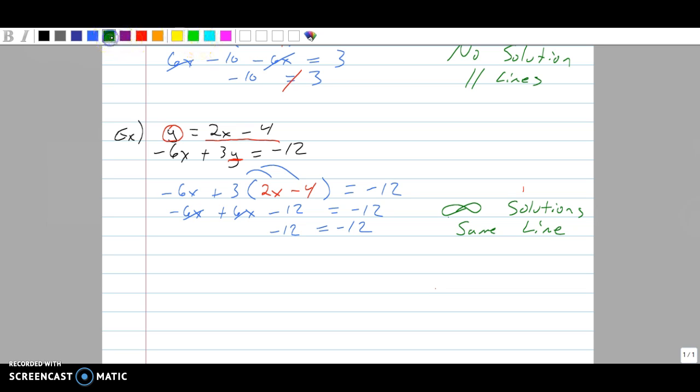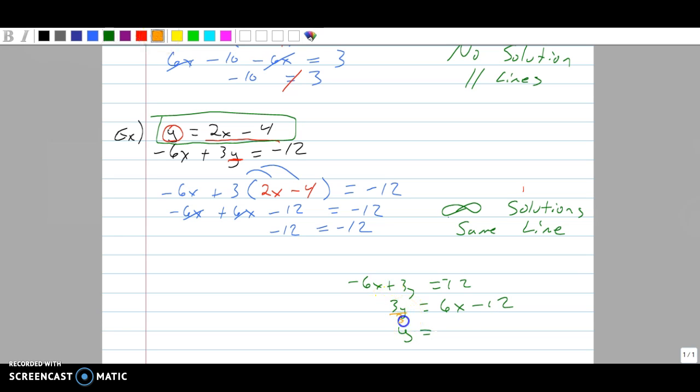In case you don't believe me, look here. Our original equation was y is equal to 2x minus 4. If I was to solve for y on this bottom one, I'm going to do it down here. I'm going to add the 6x, so negative 6x plus 3y is equal to negative 12. Add 6x, you get 3y is equal to 6x minus 12. And then if I divide by 3 on both sides,